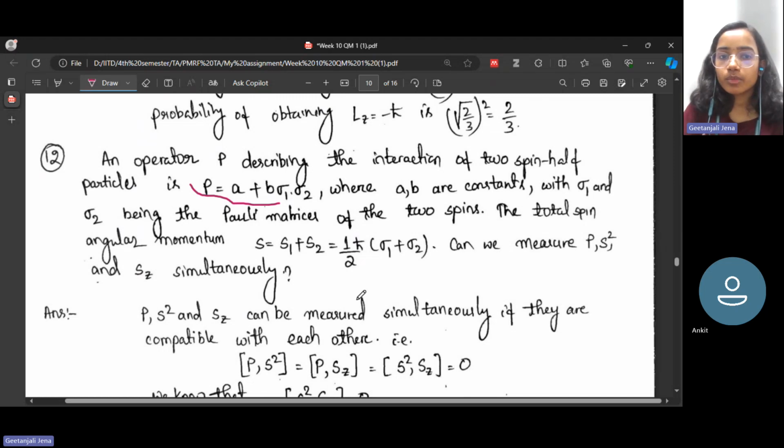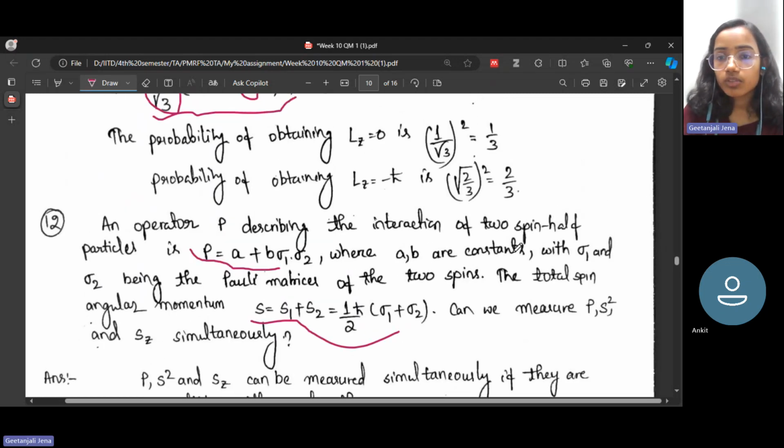The total spin angular momentum is equal to S1 plus S2, which is ħ by 2 times sigma 1 plus sigma 2. Now it is asking, can we measure P, S square and Sz simultaneously? So if we have this kind of system where the P operator is given by A plus B sigma 1 dot sigma 2 and S is given by ħ by 2 sigma 1 plus sigma 2, then can we measure P, S square and Sz